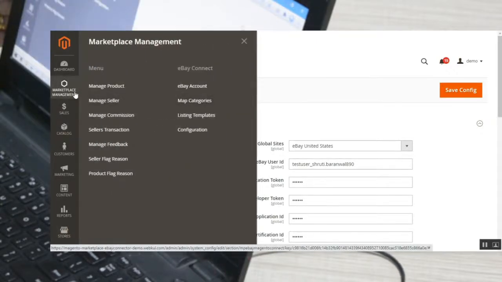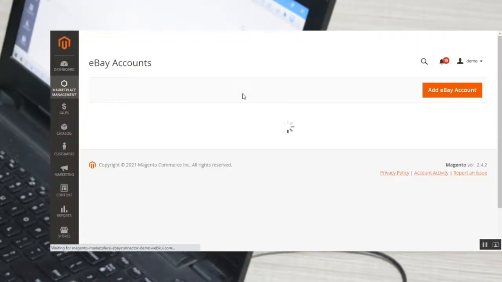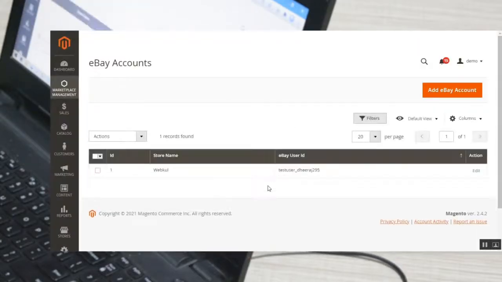Now coming back to the marketplace management, here we have the eBay account, map categories, and the listing templates. Now under the eBay account, let me take you to the eBay account. I'll just be giving you a brief overview of the options that we get. Here the admin would be able to see the complete list of accounts that the marketplace vendors have added for their eBay accounts, and the admin can also add his own eBay account by tapping here on the